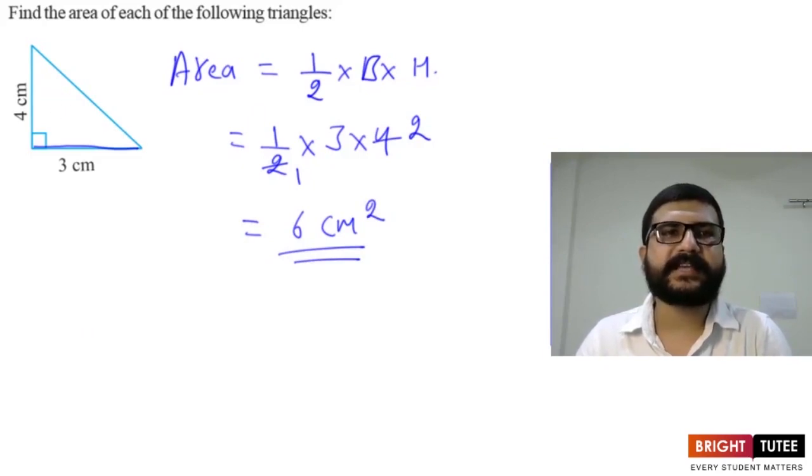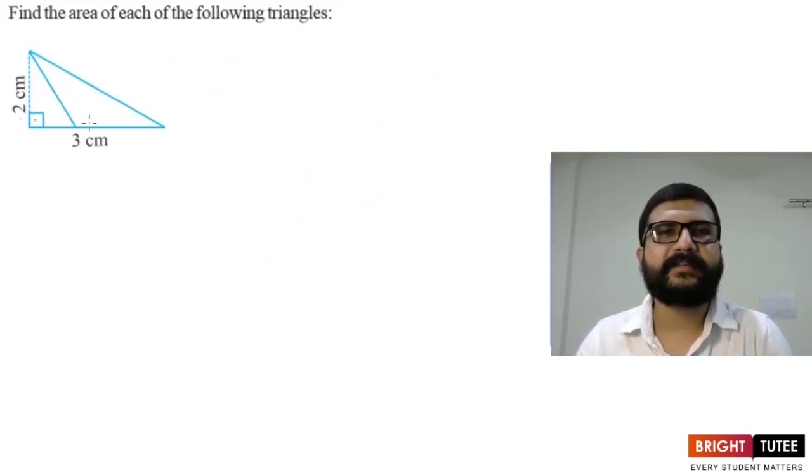Now let's see the last part of the question. Here we are having this triangle. So the triangle here is this one, ABC. ABC is a triangle. We have to find its area. So we can consider this base as BC, which is 3 centimeters. Base is BC and it is 3 centimeters. And what is the height here in this case? Height is 2 centimeters. And in this case, altitude of the triangle is in the exterior of the triangle. As we can see, this is obtuse angled triangle.